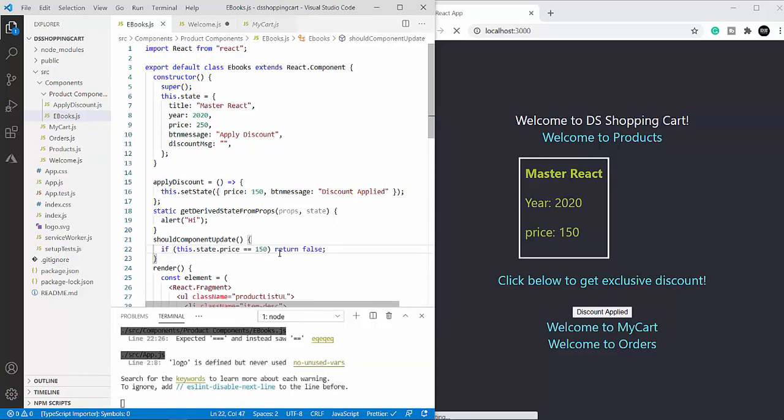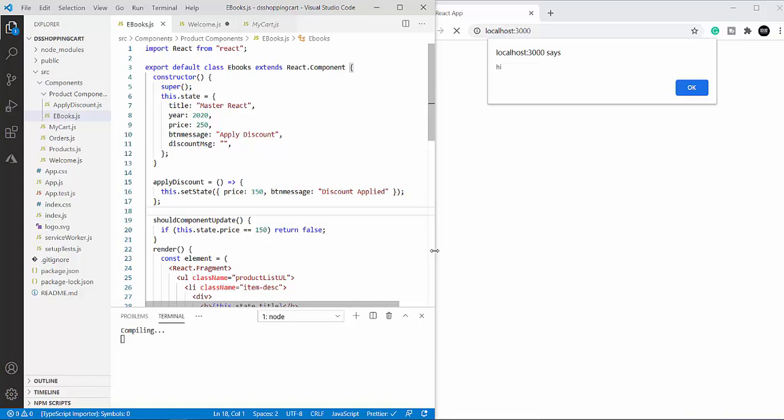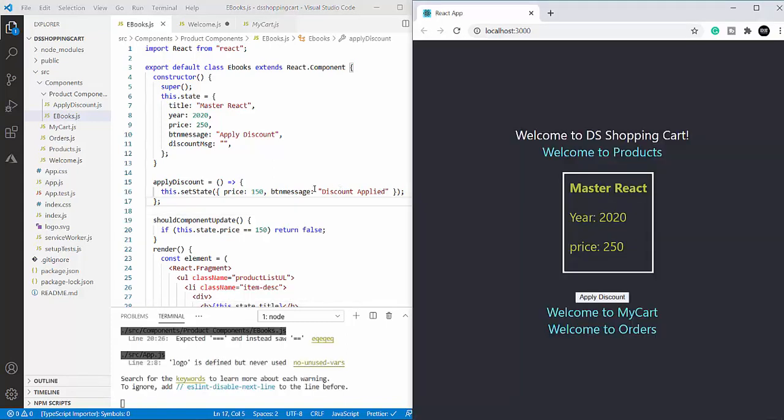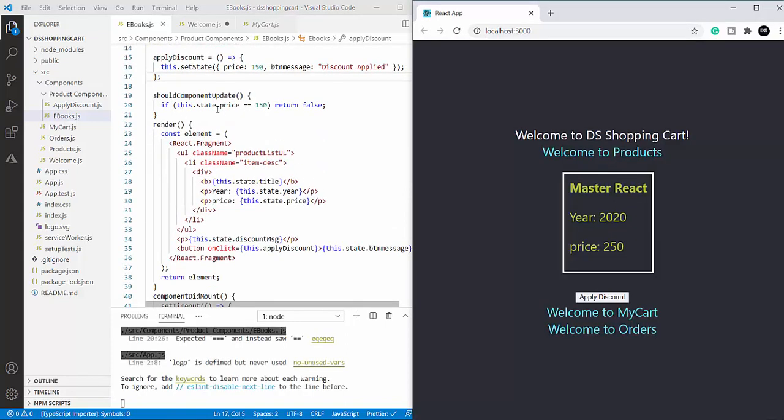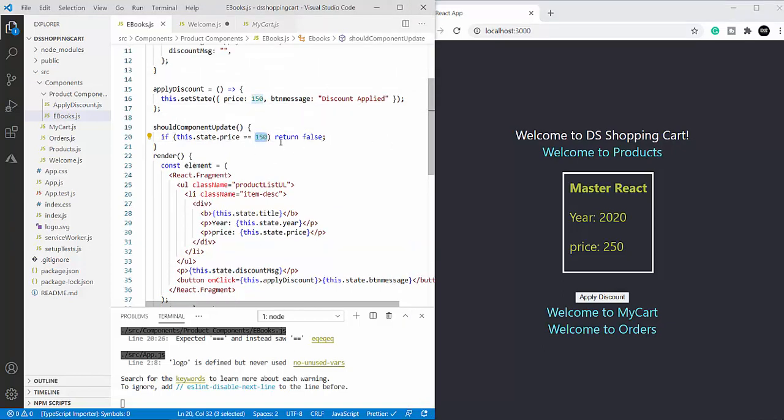Let me save it and quickly remove this thing because it is disturbing our code. Now what I've done is, if this.state.price changes to 150, it should return false.